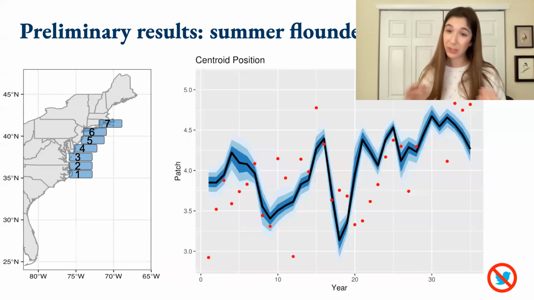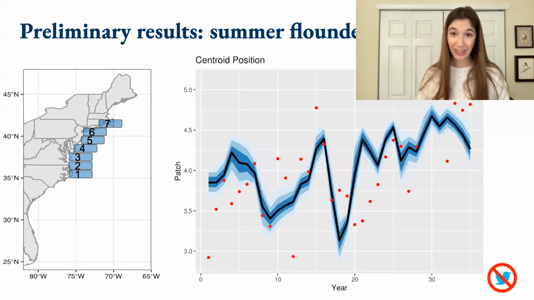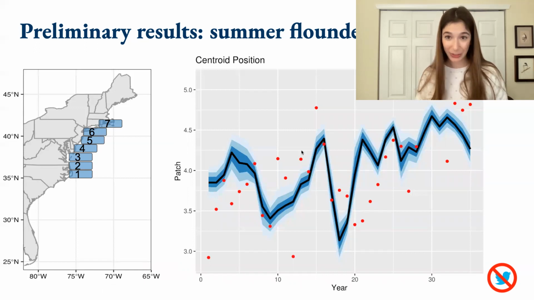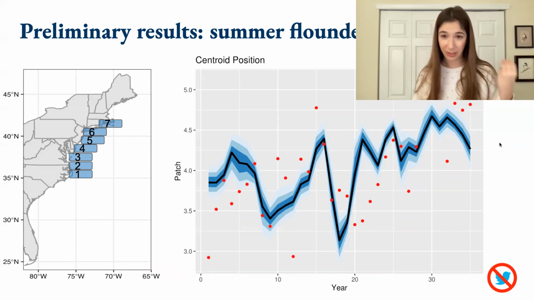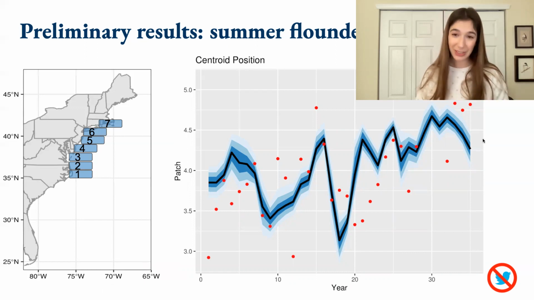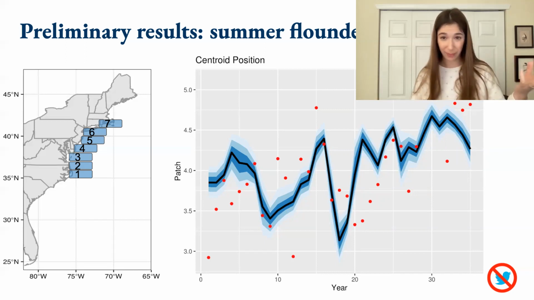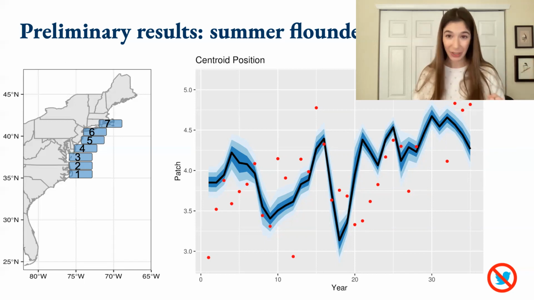One way to summarize those shifts is by looking at the centroid, which is the weighted range center, weighted by biomass. The red dots here show the actual data, and the blue is what the model thinks the true population size was. This is a sanity check for us. The model recaptures the core dynamics of the population that we observed. And you can see it actually does a good job with these small ups and downs when fitted to the data. But the real test is when we hide the data and only forecast the most recent decade and then test whether the model accurately recovered with the parameter estimates from this fitting process what actually happened.